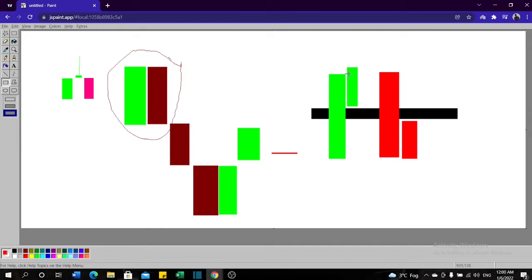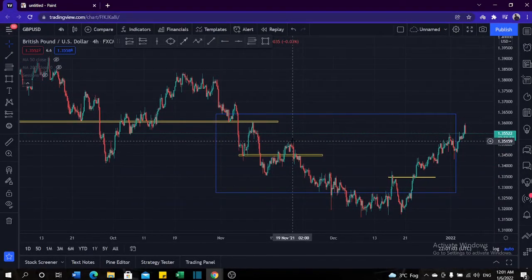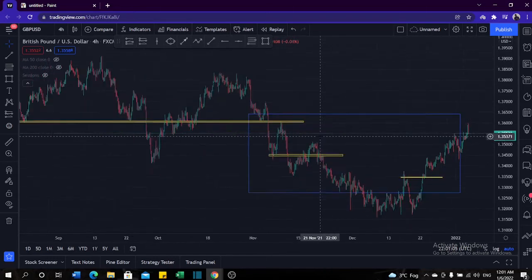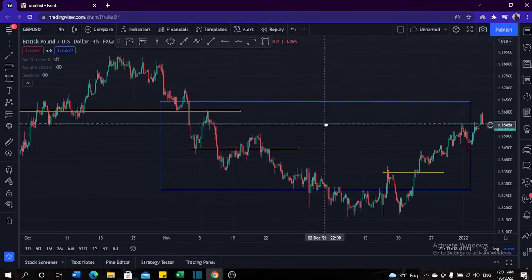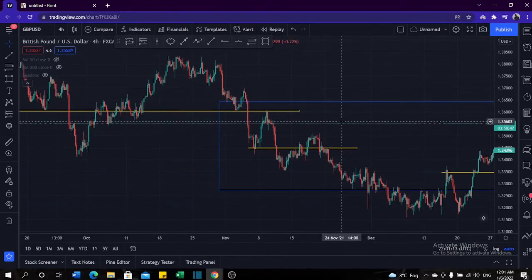That means this psychological level of support and resistance has been broken through. So it's relevant as a support area because it was acting as resistance before. Now it has been broken above. Now it's going to act as our support for a while. So I'll give you an example of a retest. Now you've seen how you can confirm a breakout of a particular support and resistance area. Now a way you can confirm a retest,